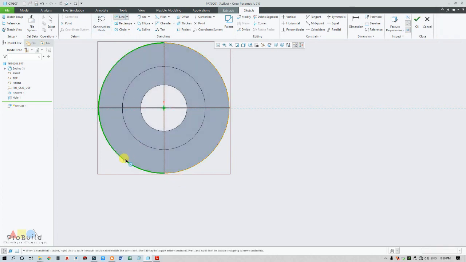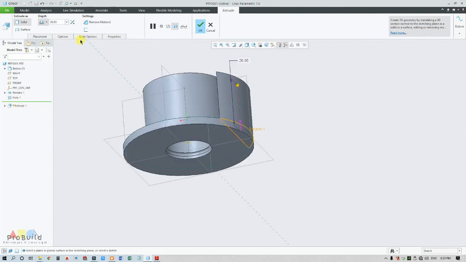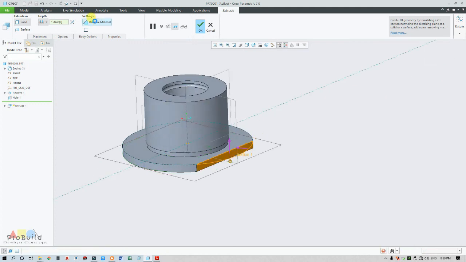Draw a line, delete this segment. Okay, now from top to bottom, from this reference to this reference is going to be 26. Now remove the material, so I'm going to select the surface and remove the material.